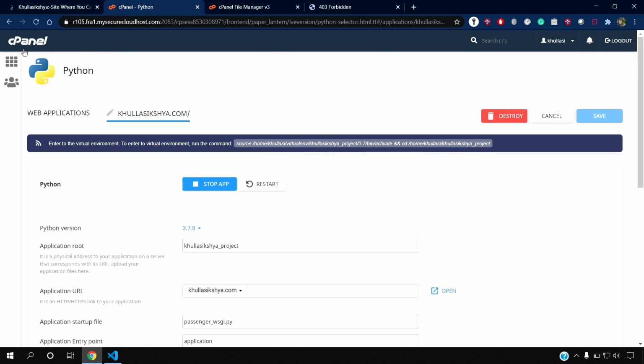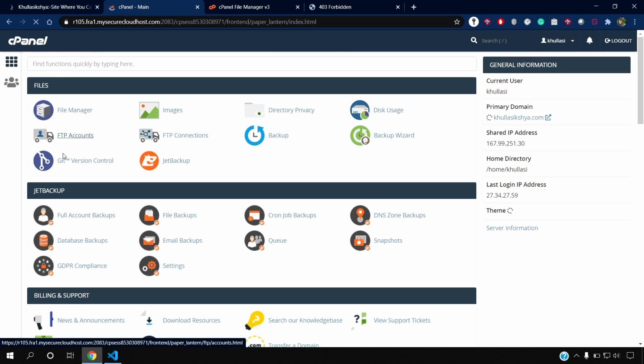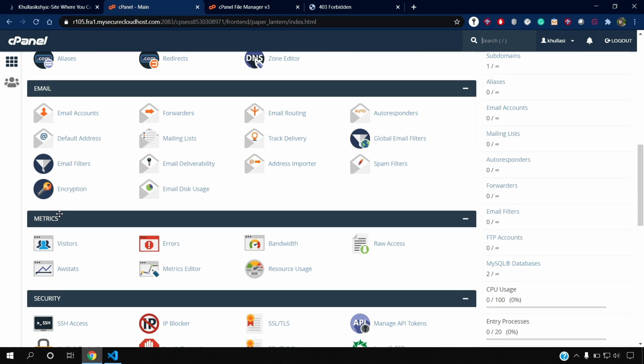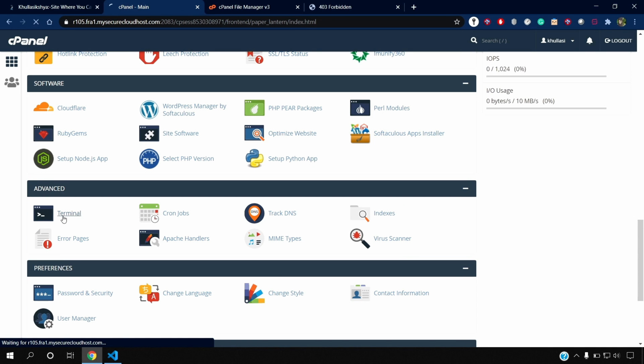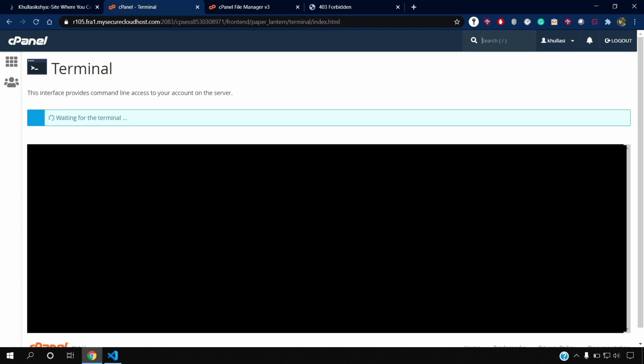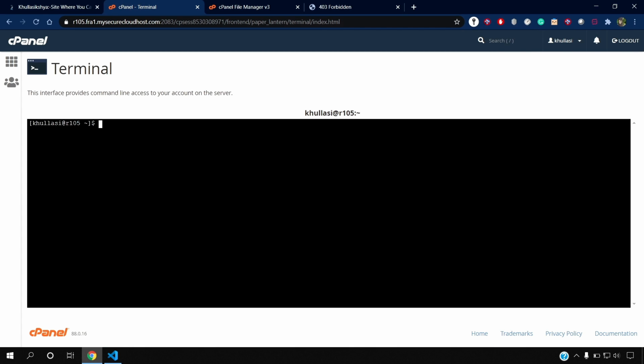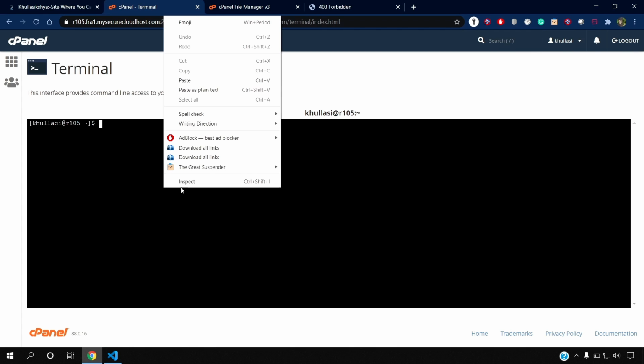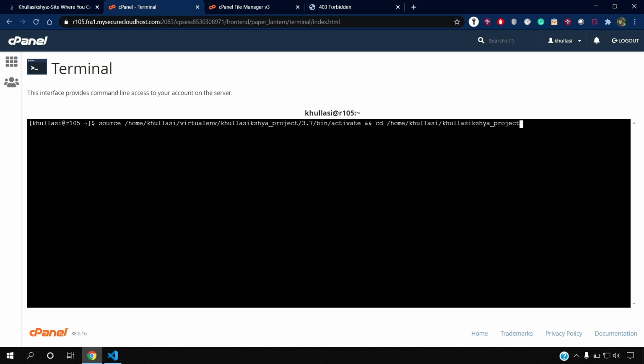Moving into the cPanel, go to the terminal. We can find the advanced terminal in this part. So paste that directory here, and hit enter. Now in this environment, you have to install Django. While installing Django, you have to specify the version as well.